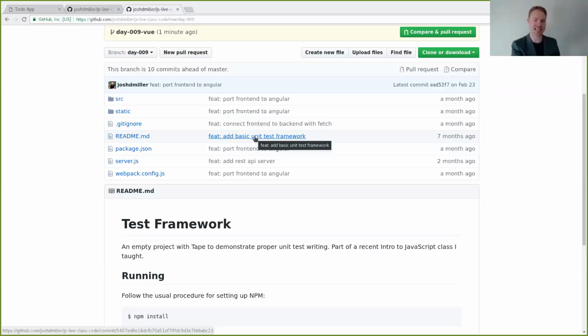Okay, and we covered React last time. So 9 does not build off of 8. 9 builds off of 7 because we don't want to delete all of the React code in order to do Angular, right? We just want to start from the same place and do it either in Angular or in React. Okay, so just know that going in.